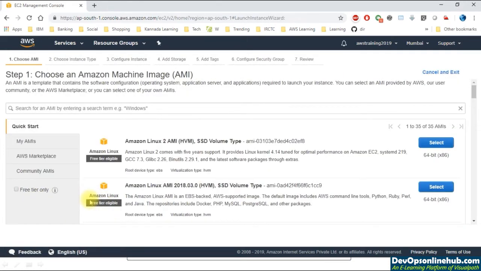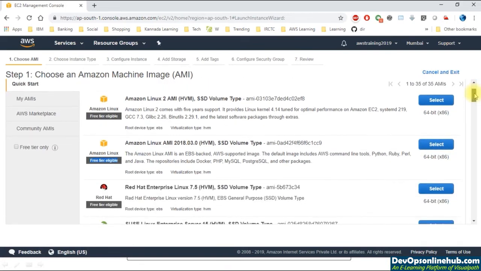So there we go. Remember the 6 important components of a computer, that is operating system. So step 1 is about choosing an operating system. Here I'm going to go ahead with Amazon Linux AMI, which comes under eligibility of the free tier. Usually whenever we create a free account in AWS, we get 750 hours of virtual machines per month for free.